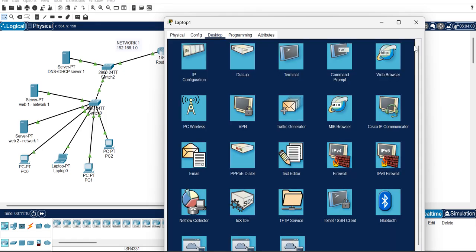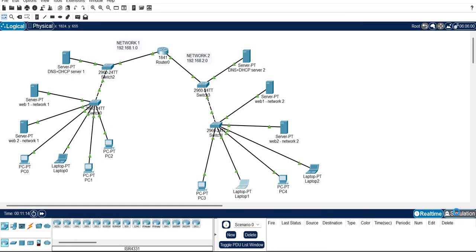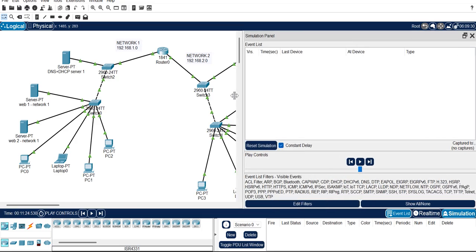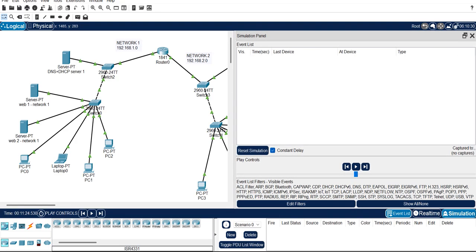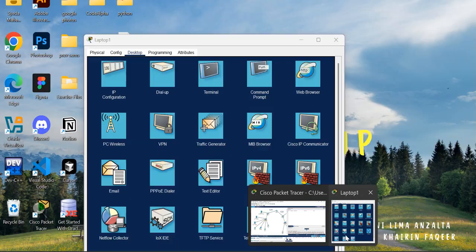Let's just open simulation mode here. Here it is.